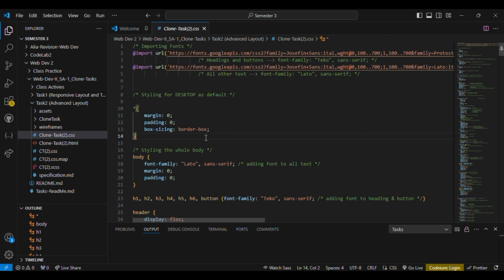The first thing we have done is the general reset, which is used by asterisk or usually called as star. Here all the elements are reset to remove default margins and padding. Then the box sizing border box ensures the padding and borders are included in the element's total width and height. Coming to the body styling,